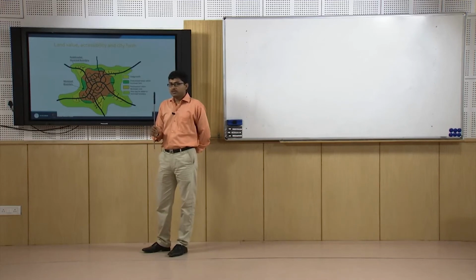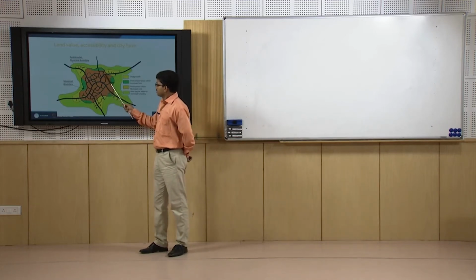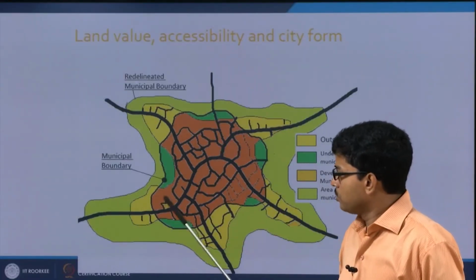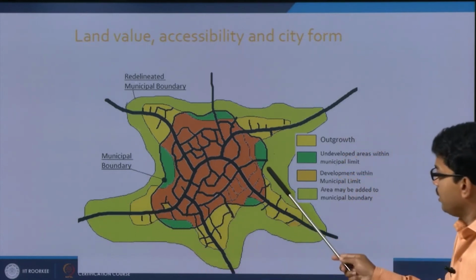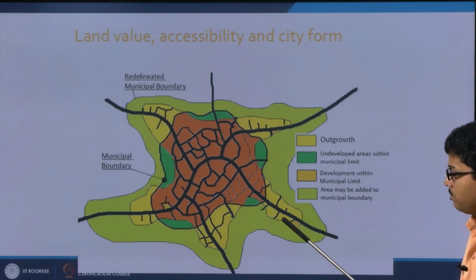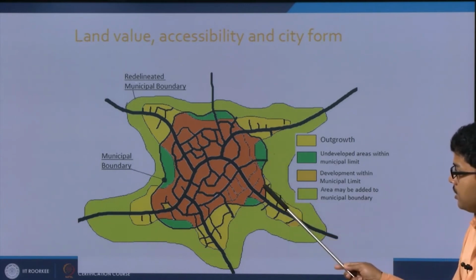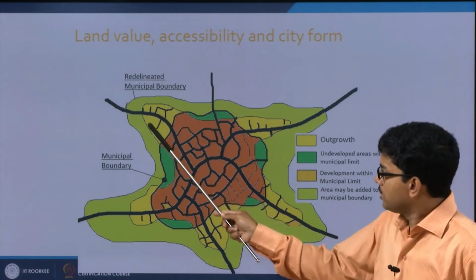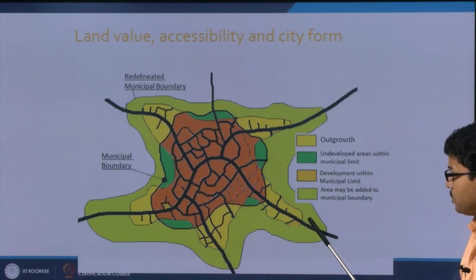Now, please recall the discussion about the relation between land value and connectivity. Since this is the major transport network going from the city core to other cities or other areas, the land value will be very high in this area, because the connectivity is very high. They are very well connected with this area, not this area or that area. For that reason the city will grow in this fashion, which will follow the future road network.